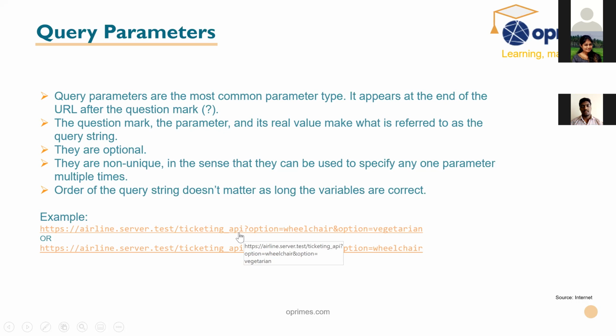Then you have to pass this information somehow, right? If you are having this information in the body, the URL will go to the resource, that is the ticketing API, and then it will have to prepare the query and query it. Whereas if you are giving it in the query parameter, it will have the filter ready and then get this information from that. Say they have the indexes and all, it will be very useful at that time.